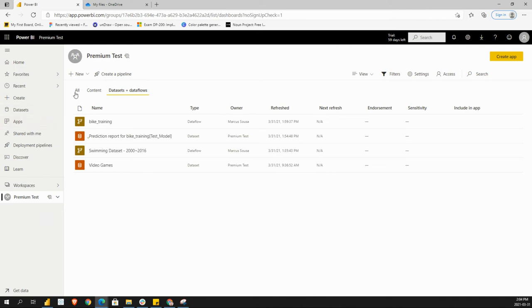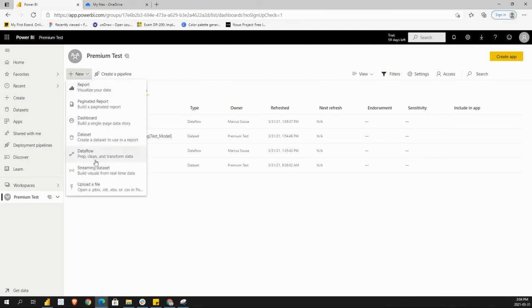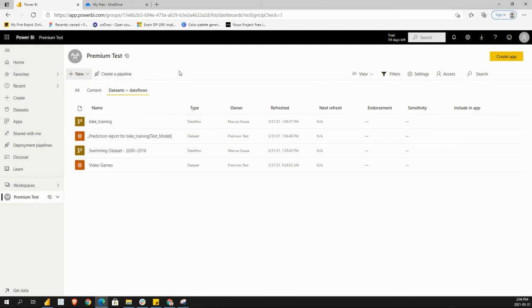Hello again. This is a data flows machine learning test tutorial. So once you have your workspace on Premium already, you can come to data flows and data sets. You can create new, and then you go to create a data flow just like you've done before. And then after you have created your data flow, you guys will see here